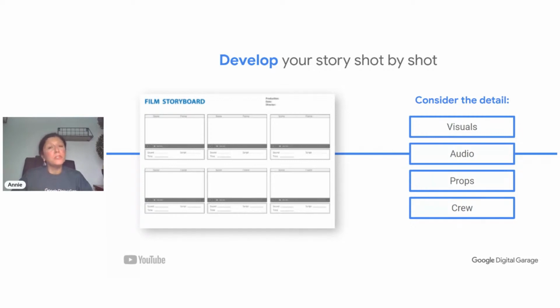And do you need help? Do you need a crew? Enlist your friends, your family, get whatever you need and get them involved, so that perhaps they are better at holding the camera, or maybe they are better at directing where the different scenes can go, or following you around. So think about the crew that you can use to bring it all to life.